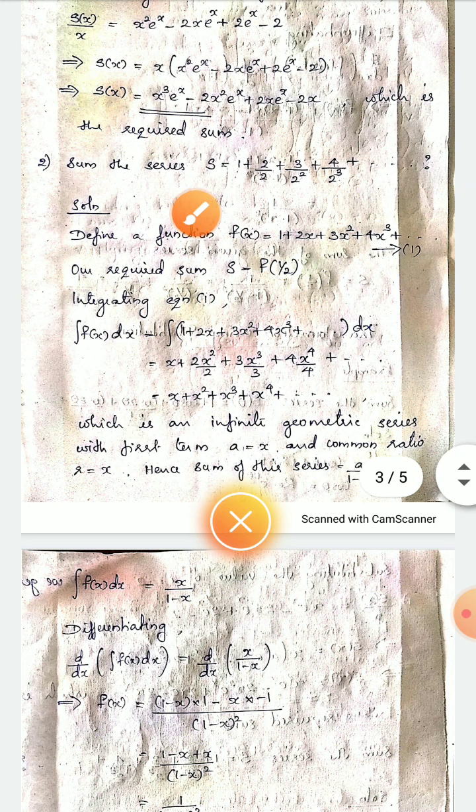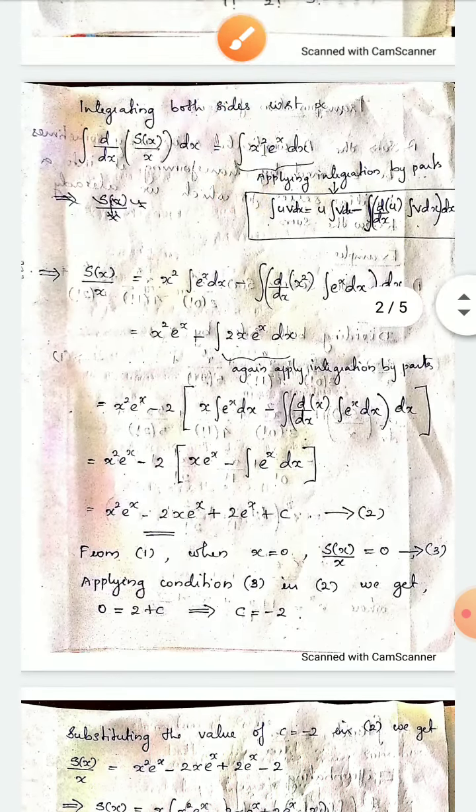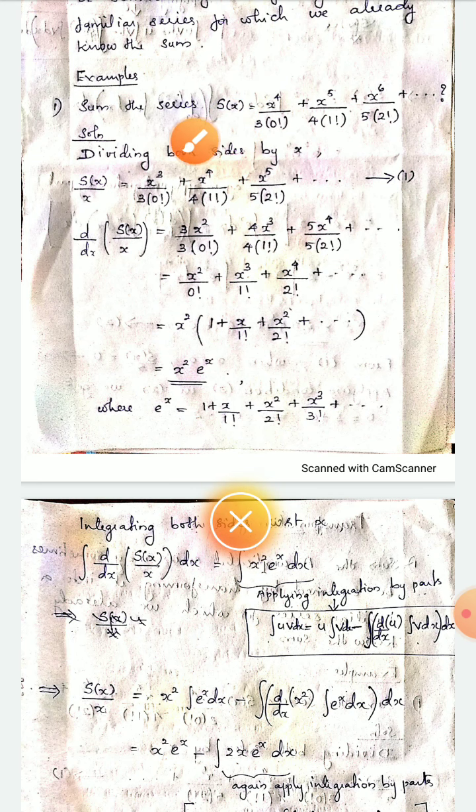Look at the second question. Usually in all the questions, when finding a sum we get a real number. Here it is written in terms of e raised to x and x, as a function of x. That is no problem here. We can sum the series only in this form using the transformation of series. This is the only method to find the sum of the series. So you should remember these questions. If you are given this question, you can solve it only by the method of transformation of series. So remember this problem.